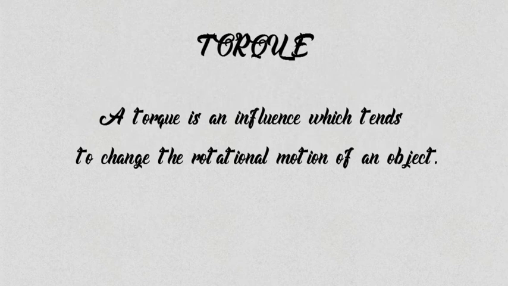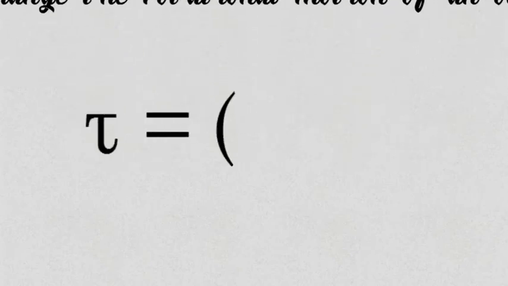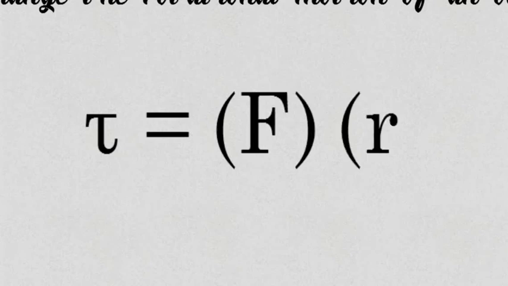In this section, we will discuss torque. Okay, now what is torque? A torque is an influence which tends to change the rotational motion of an object. One way to quantify a torque is tau is equal to F times R,